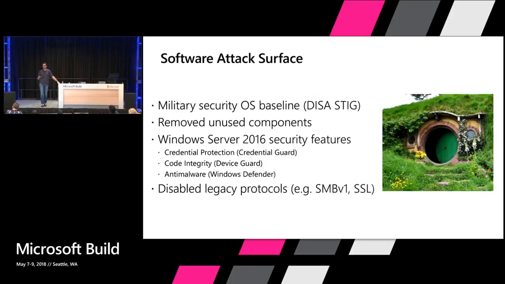And just to give you an idea, when we talk about detection, the industry average for detection of a compromise is 6 months, 180 days. So your company could have been compromised 5 months ago, and you would well be within the industry average. So in Azure Stack, we're trying to push down that value as much as we can by leveraging the fact that we know exactly what is supposed to run. Any software that is not designed to run in Azure Stack should not be run, and if somebody tries to run it, we flag it, so you detect it right away. We also disable a lot of legacy protocols. Here I just mentioned a couple of them, SMBv1 and SSL, and we're working to do more.